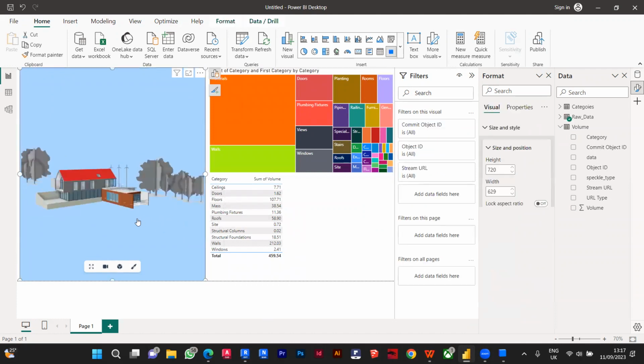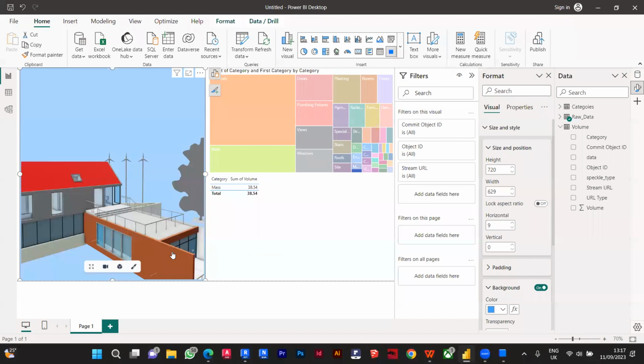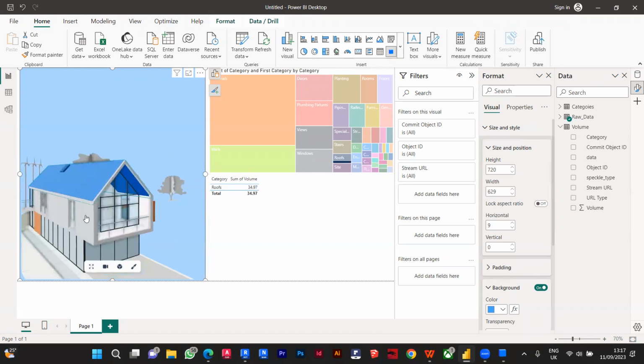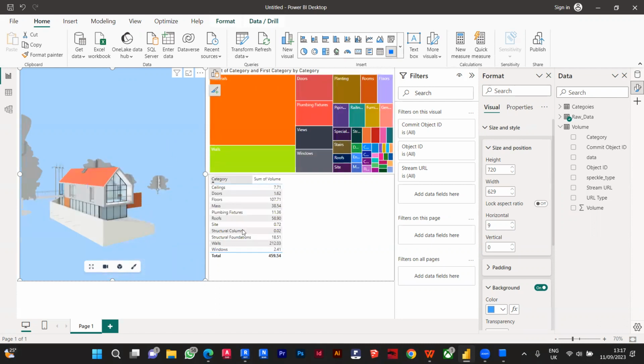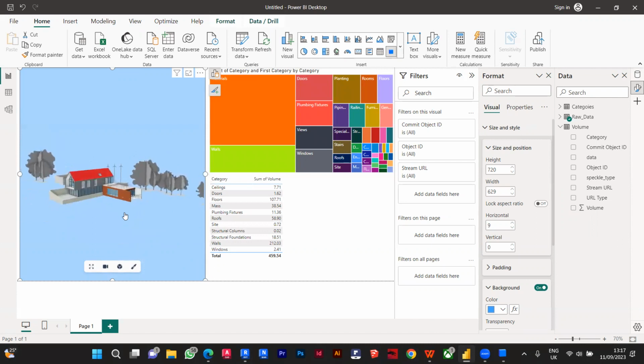So now moving ahead, if I have to select this wall, I will get the area of this wall. If I have to select this roof, I'll get the area of this roof. If I select another wall, I get different set of value, etc. Okay. So like this, we will be generating different set of dashboards, and to cross-check that